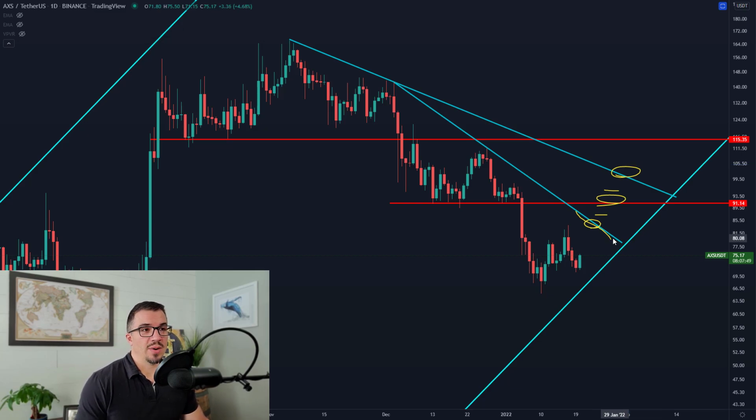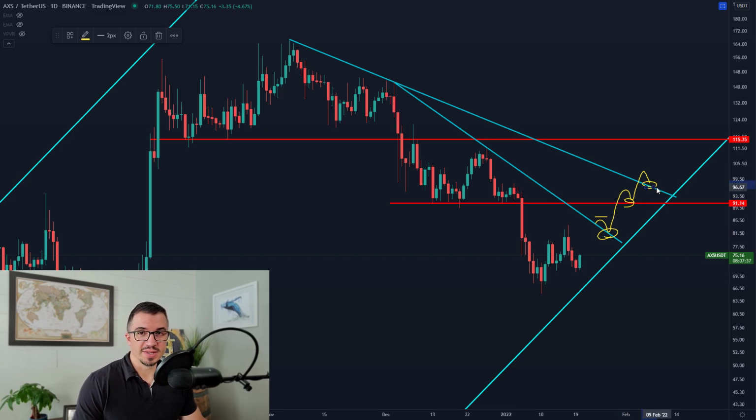buy a little on that breakout. Now, I tend to look for retests of support, so I wouldn't buy on that first daily close. I would wait for the retest as new support in order to buy. So you would buy here on the retest, and buy here on the retest. Okay, again, that's just what I do, not financial advice.